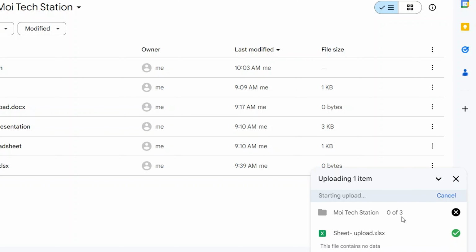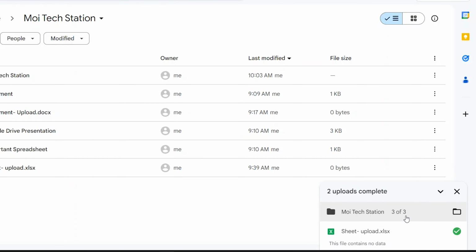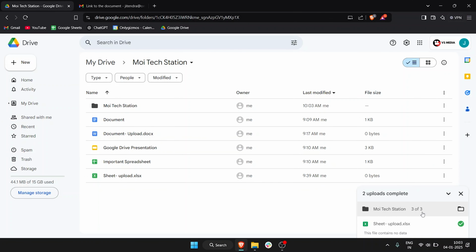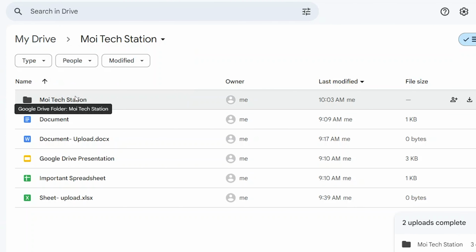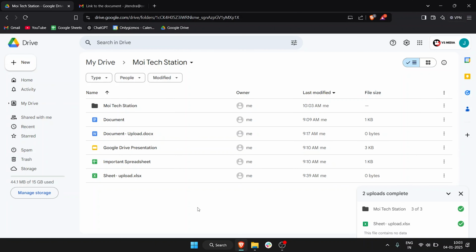The folder has 3 documents in it, and here you can see 2 uploads complete. So why does it say 2 uploads and here it says 3 of 3? It's because the folder itself has 3 items in it, while we have currently uploaded only 2. So one of them was the sheet and one of them was the folder itself. So here you can see moitechstation folder has also been uploaded to Drive. So that is how easy it is to upload